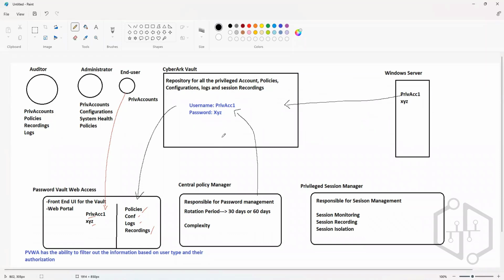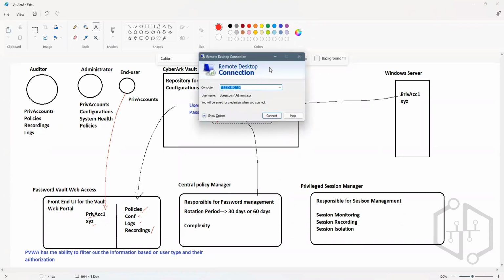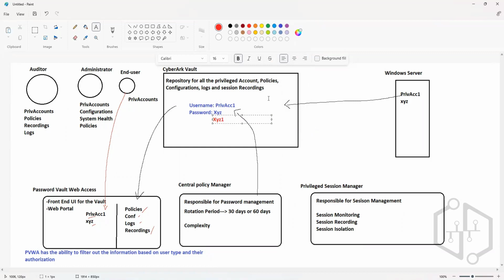As soon as the account was onboarded, CPM triggers a password change. Let's say the password is now XYZ1. The end users do not know the password. The password is no longer exposed to any end user, and they cannot initiate the direct connection. This is restricted now. So if they have a genuine requirement to use the account to connect to the systems,